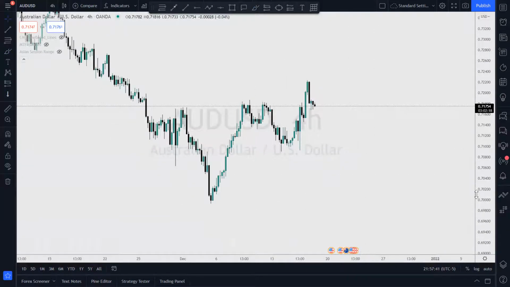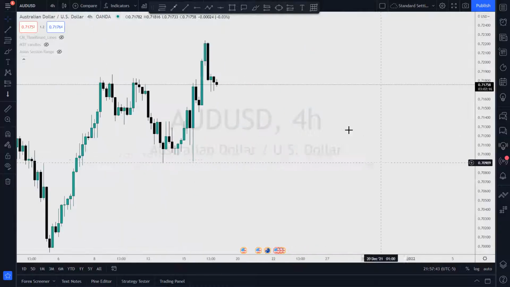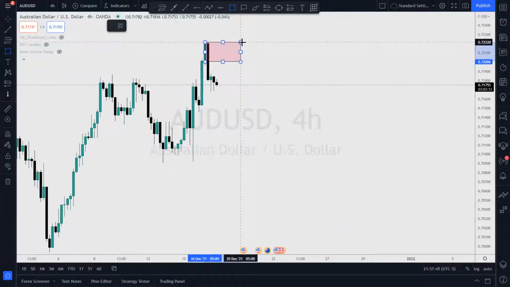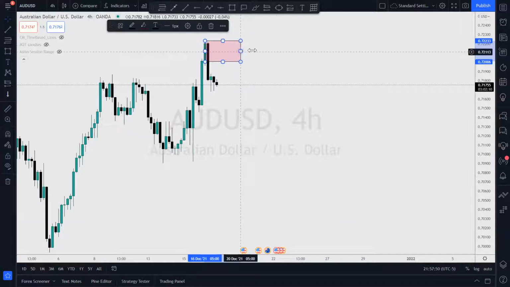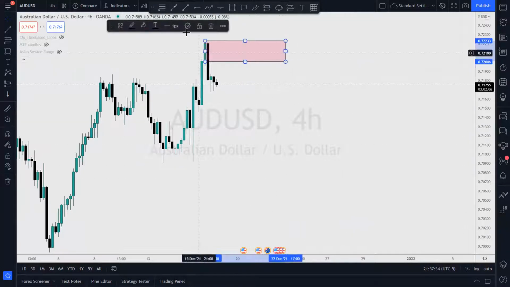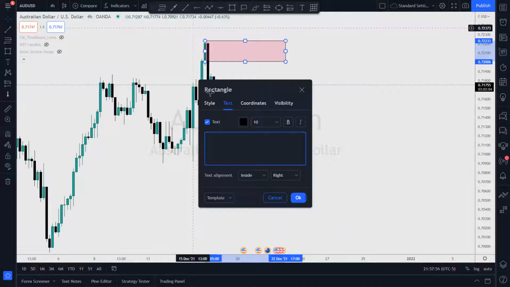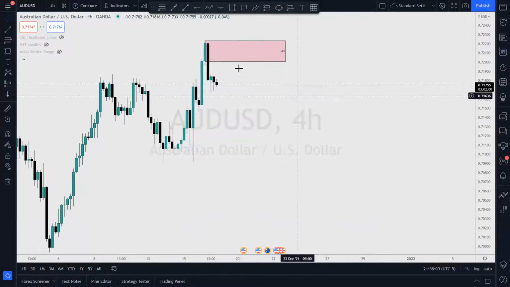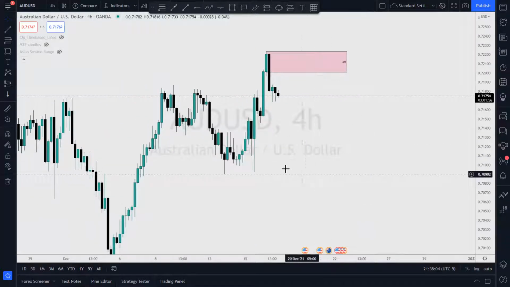Now, what I want to do is track price in between supply and demand. I'm going to mark this supply, and this is a 4 hour supply. We want to track price in between that and demand. Now, this looks like a likely suspect here. So this one,